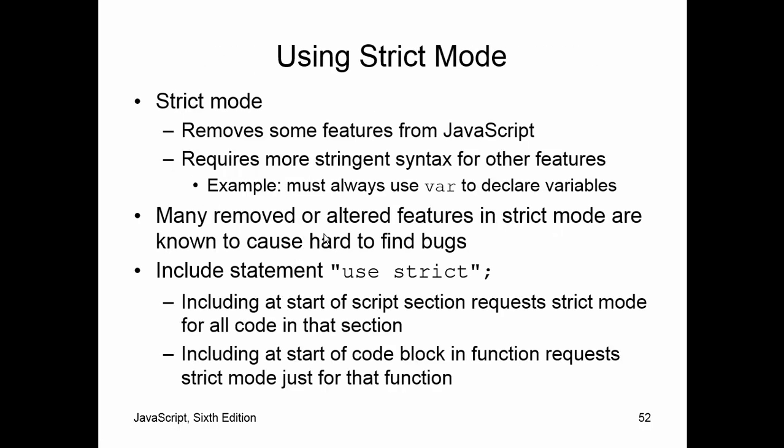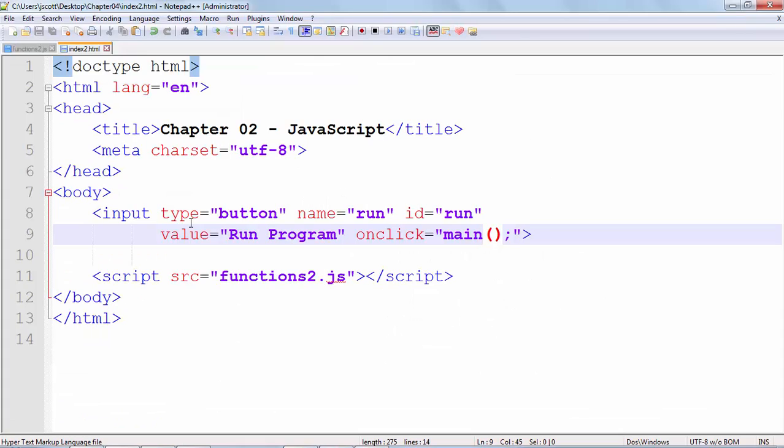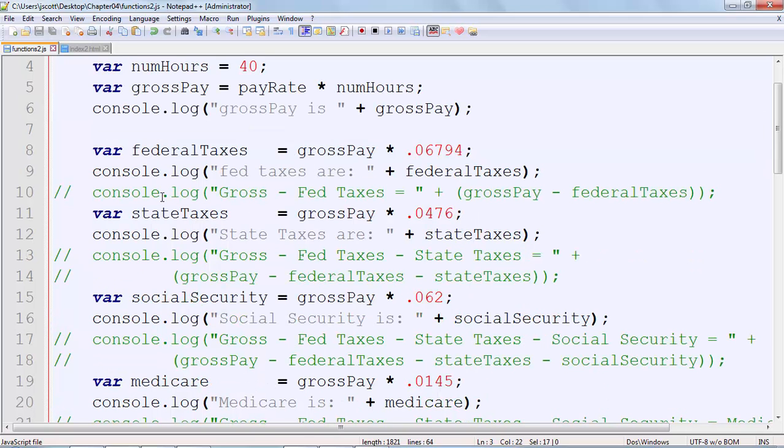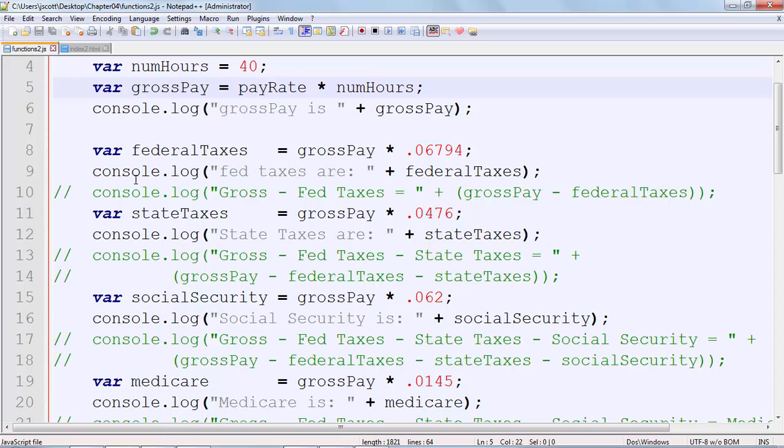There's also, this is kind of neat, all right? And I want to show you this again over here, and that's the use of strict mode. So if I came in here, and let's see, I've got pay rate right here. See that? But somewhere later in my program, when I'm using the pay rate, all right, and I guess pay rate is a bad example, because it's only used once. Let's say net pay, because we've got, well, here we got federal taxes, right? That's used in a bunch of